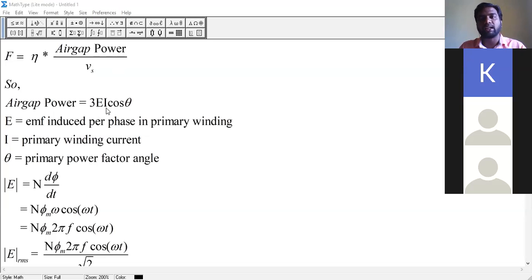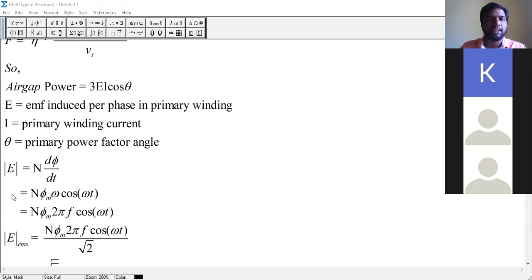I is the current that is flowing in the machine, and then cos theta is the power factor, since it is an AC machine, and 3 indicates the supply phase, that is 3 phase. So 3 EI cos theta. Now the I value we are able to derive. So now cos theta is the power factor, and E. So we know the formula E equal to